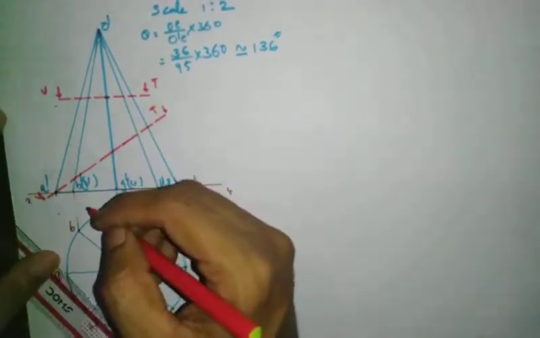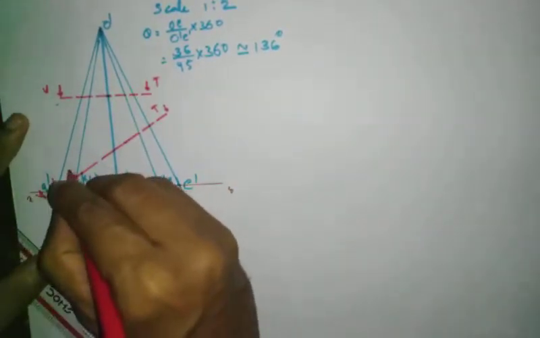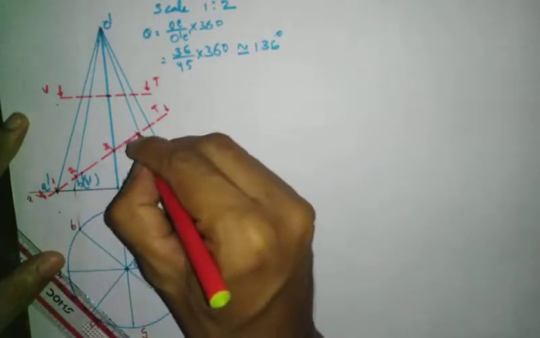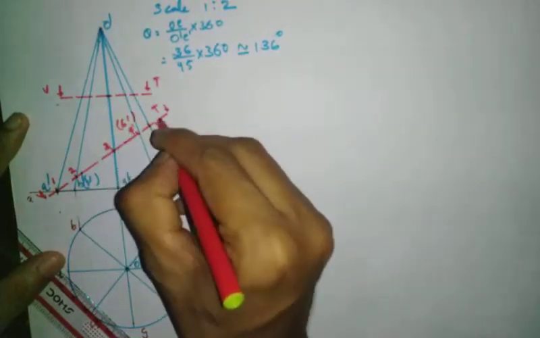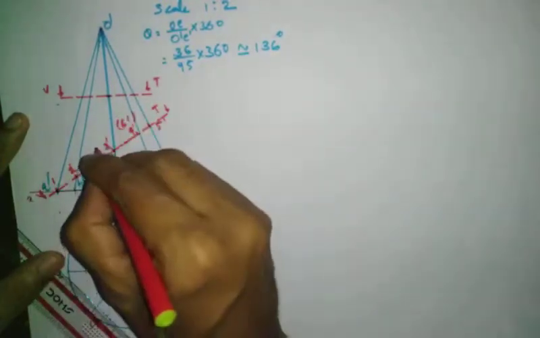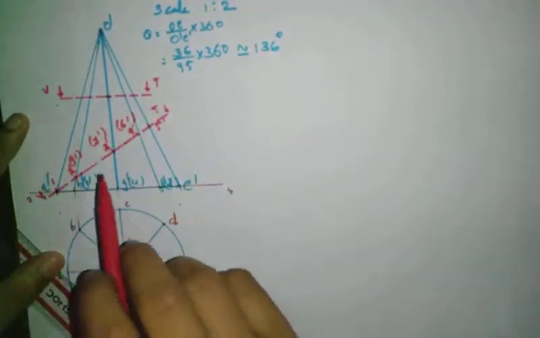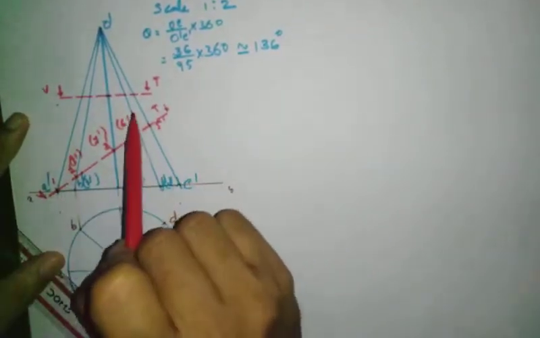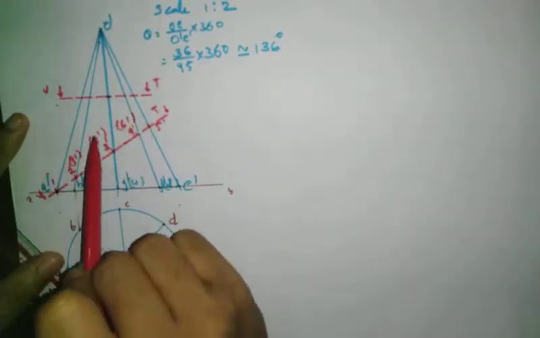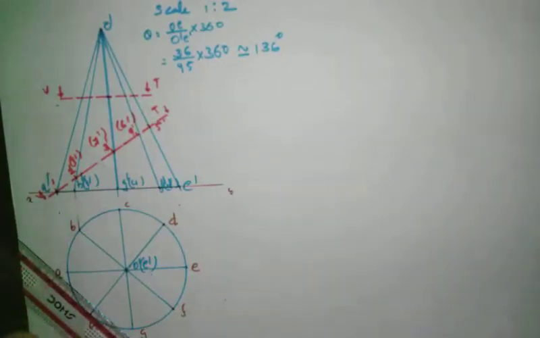Now in the inclined section plane, we can mark the cutting points 1, 2, 3, 4, 5. Here it is 6 dash, 7 dash, and this is 8 dash. For the horizontal section plane, you need not name the cutting points, because the development of a horizontal section plane is a little bit easier. So I will tell how to do that.